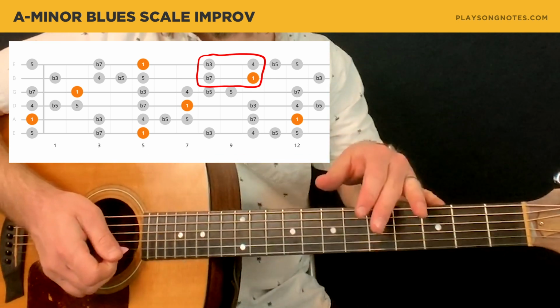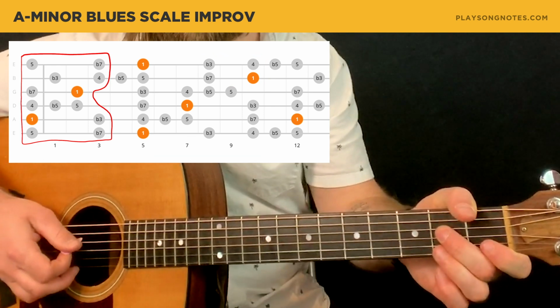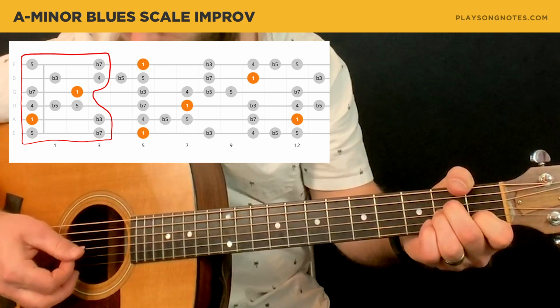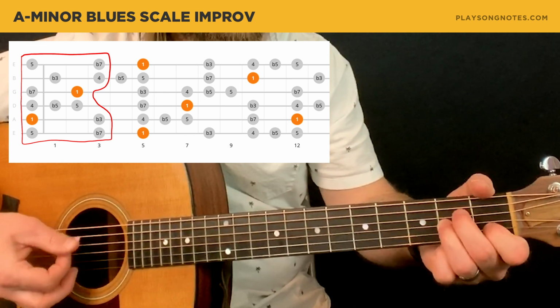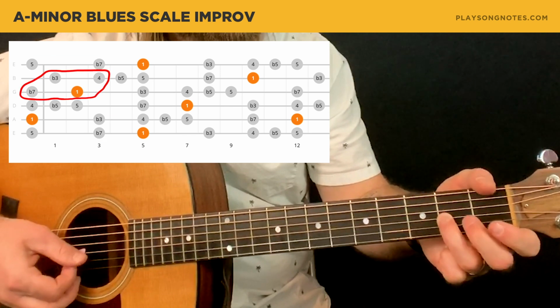So let's move back down the fretboard now, and let's go to the open position. And what I'm going to do here is hang out, I find that I like to hang out on this 2nd fret of the 3rd string, okay? And the cool thing is, that's in the A minor chord, right? But if you take your finger off,